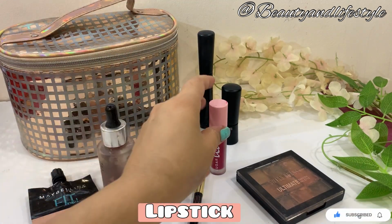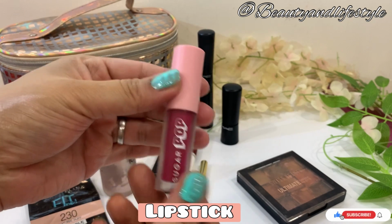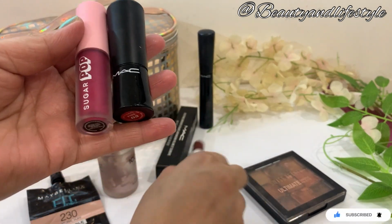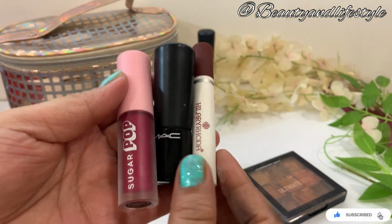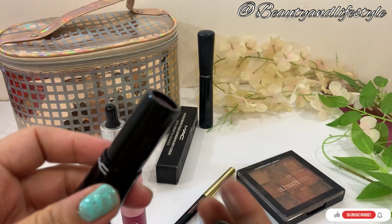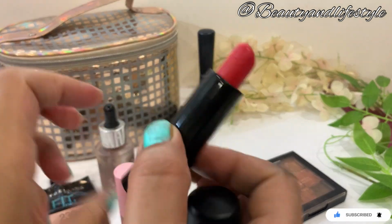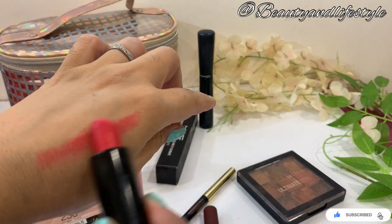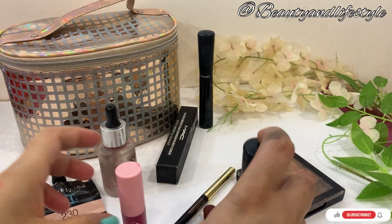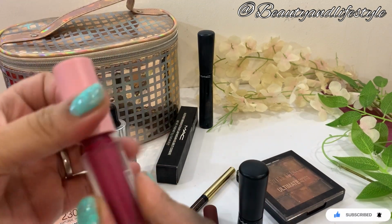Lastly, let's talk about the lips. A long-lasting lipstick or lip stain is a bridal makeup essential. Opt for a shade that complements your skin tone and goes perfectly with your overall look. Remember, these are just the basics, and you can always add more products to your kit depending on